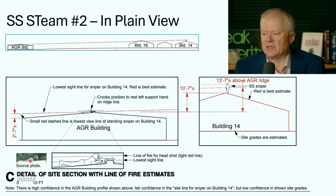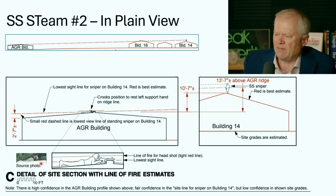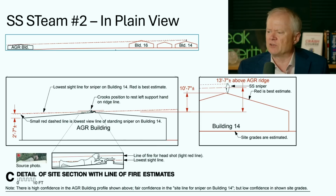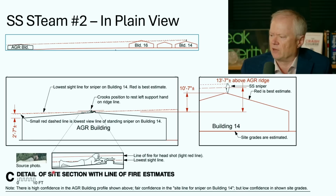If you put all of that together, he took this one photo we have of allegedly Crooks, who's having a good hair day there compared to the earlier photo. I don't know how to resolve that. I think there's been some image upgrading of this photo. I'm suspicious of this photo now, but we'll save that for later. This is what it would have looked like with the standard doing his best to mock up the rifle. It just shows that this red line bisecting his head